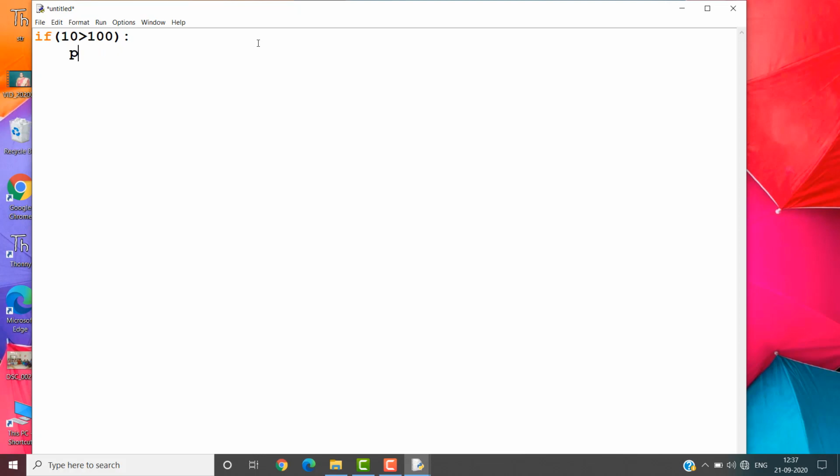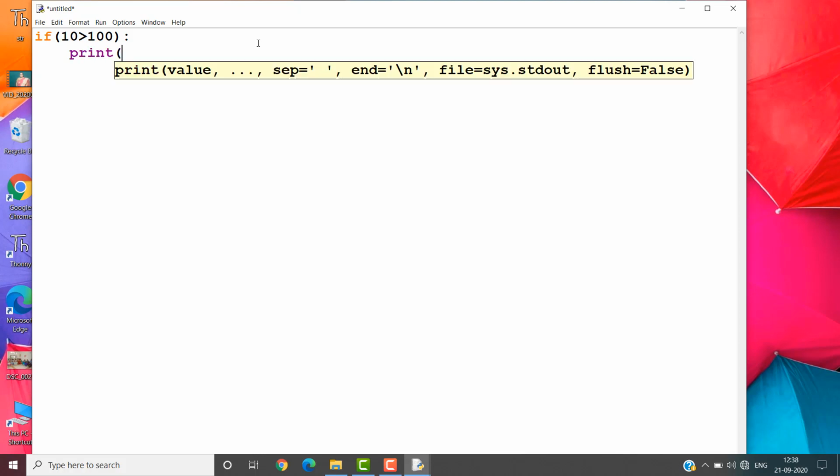So print. Observe carefully each and every statement here, how I am giving the colon, how the indentation is taking over here. So 10 greater than 100.